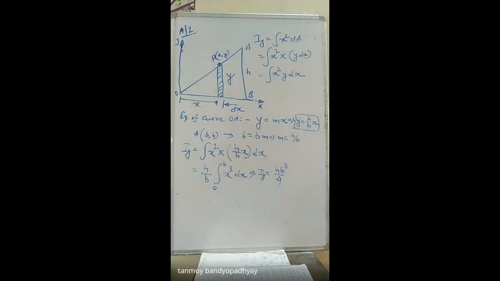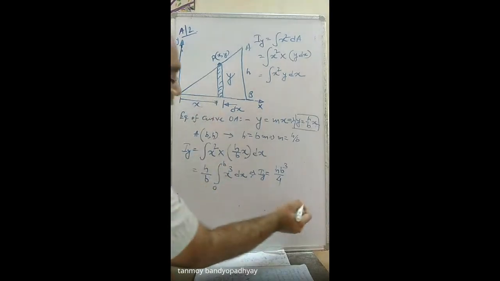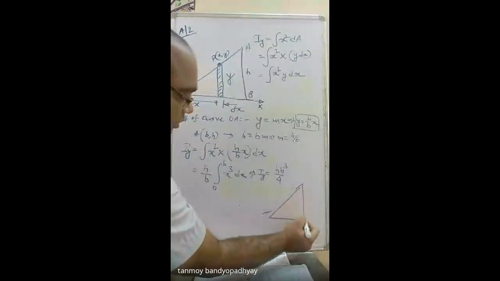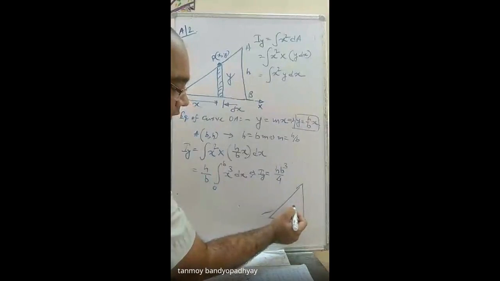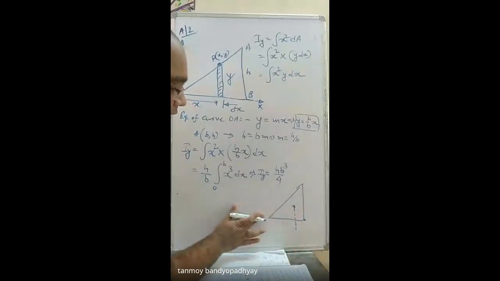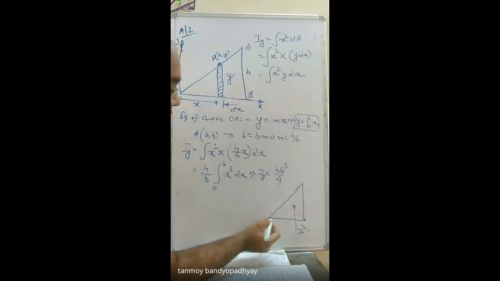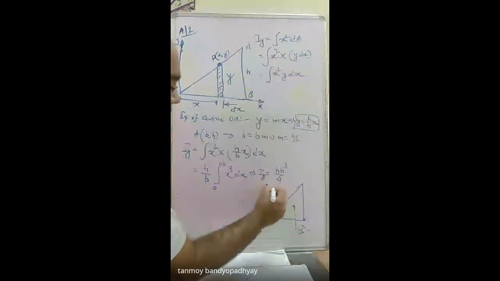Okay, you can cross verify it. For a triangle, you have already calculated about its centroidal axis. So you can re-verify it by calculating it about the y-axis. You know the moment of inertia of this triangle about its centroid. If I draw that, this is the triangle, and let us suppose this is the CG of the triangle. From here I know the moment of inertia. Let's call it Iy prime. Now we are calculating it at Iy. So what will be Iy?